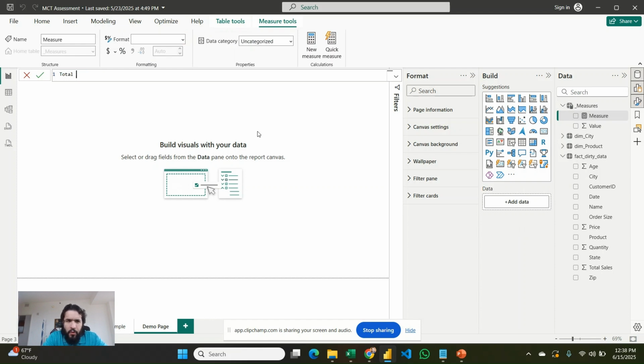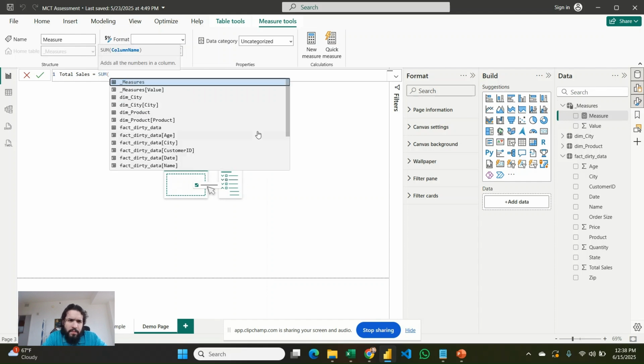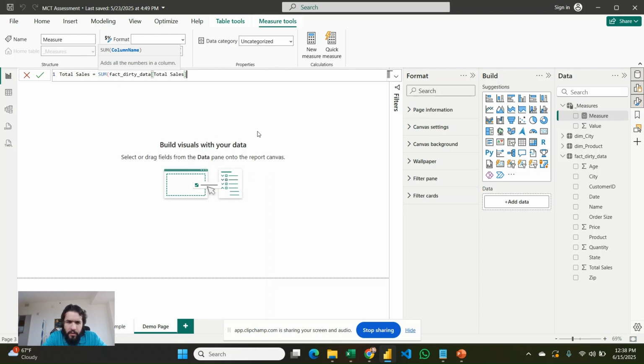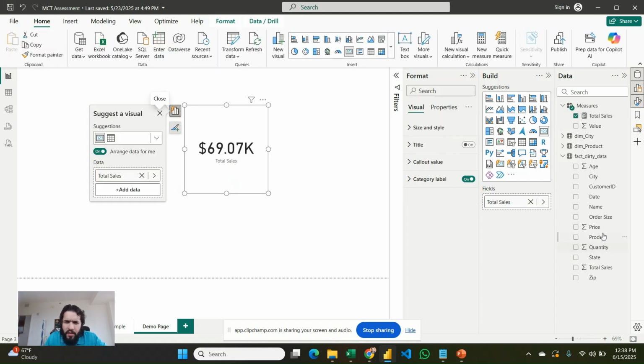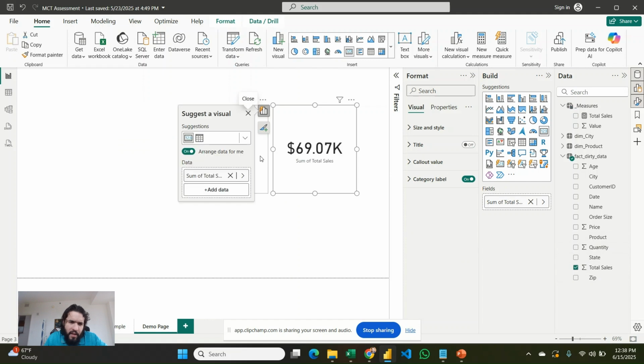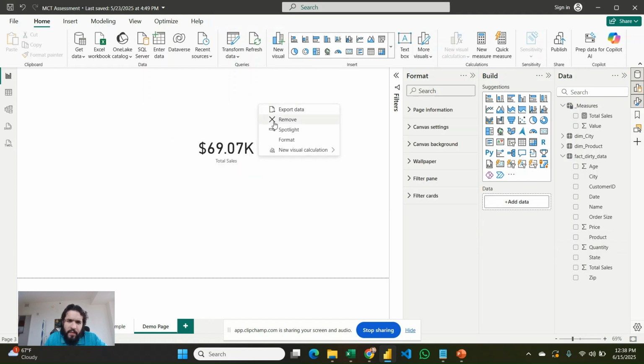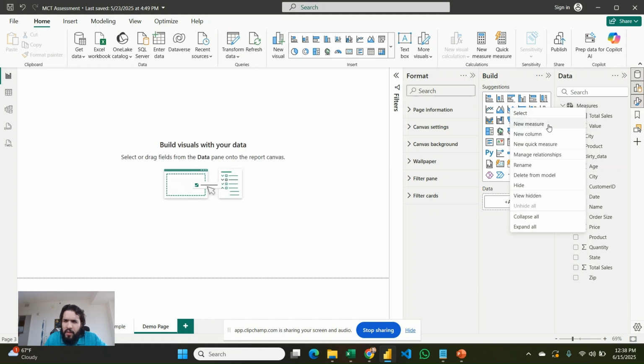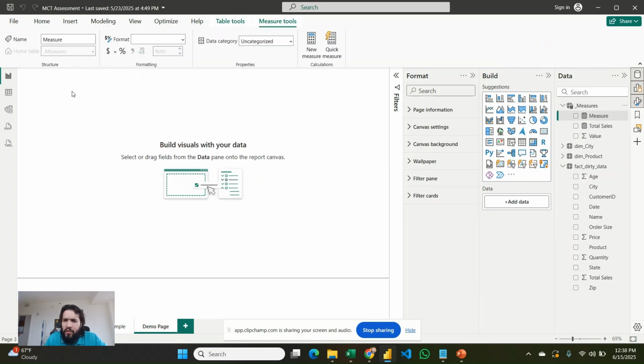I'm going to put total sales equals SUM. And where's that column? I'm going to go down here. I'm just going to type in total sales. And as you'll see, it's exactly the same. Just one's implicit and one's explicit. Now I'm going to do the same thing, but for average sales. So I'm going to just type in AVG sales